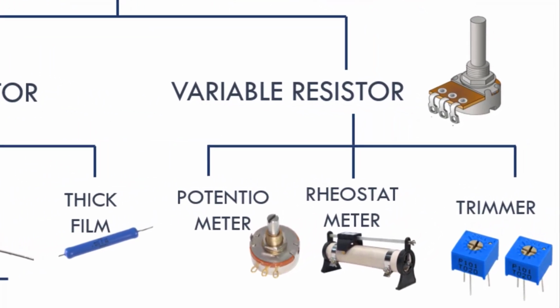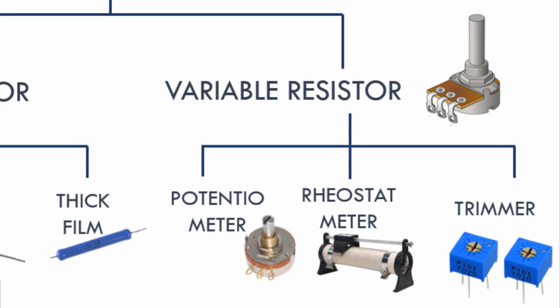Potentiometer is a three-terminal device or three-terminal resistor which is used for controlling voltage in a circuit, and rheostats are used for controlling current in a circuit. It is also known as variable wire wound resistor. And trimmers are similar to the potentiometer, but the difference is that one additional screw for better tuning and accuracy is there, so that fine resistance value can be tuned. The value of resistance can be changed by changing the position of the screw with the help of a small screwdriver.